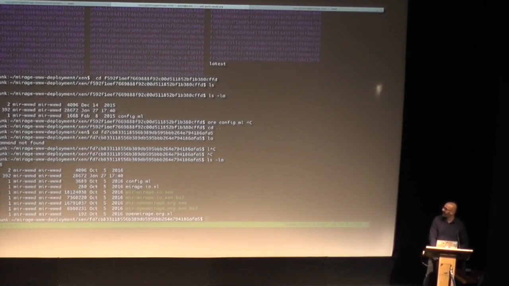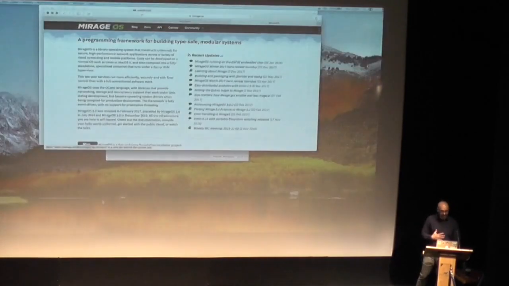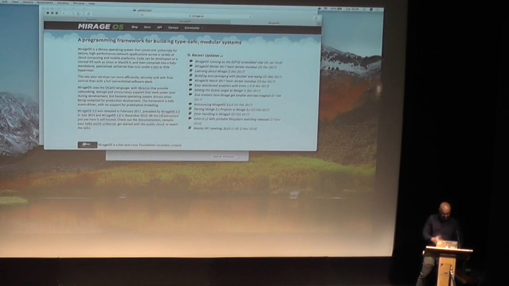So here, for example, we have the configuration, and I'll talk more about that later on. We've got the actual unikernels. So if I look at Open Mirage, for example, this is the entire operating system that's running it. It's completely type safe, and we can reconstruct this operating system because the whole thing's in version control. So we've moved not only from the actual configuration being stored, but also to checking in the entire outputs. They're just a few megabytes in size, including all of their dependencies, into version control. So it's kind of nice. So you can just do that.